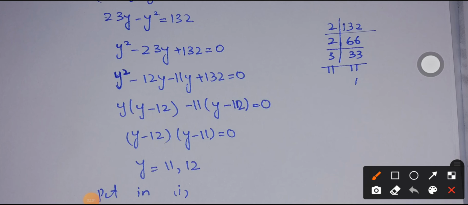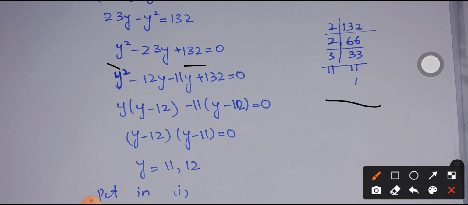What we have to do is multiply the first and last coefficient with each other, and we get 132. I have performed the prime factorization of 132 so that it becomes possible to find the proper factors of it. So it's going to be 2, 2, 3 and 11. The multiplication of these prime numbers will give us 132.